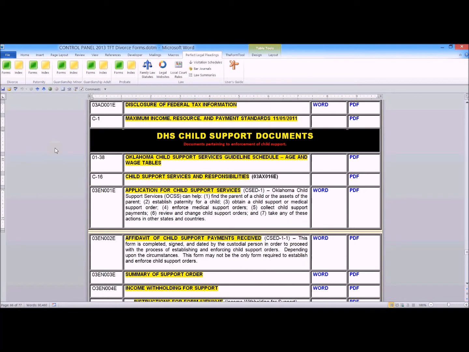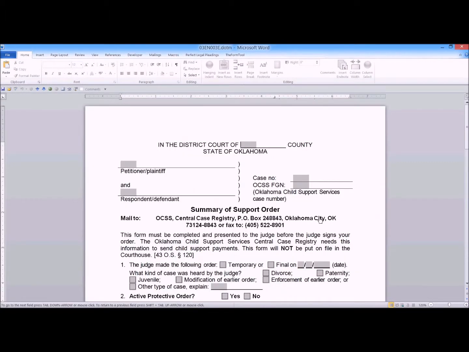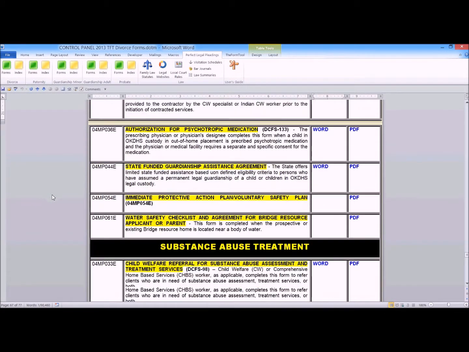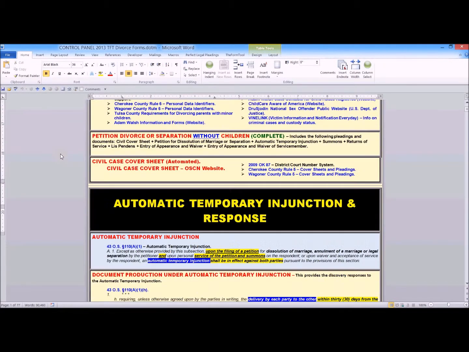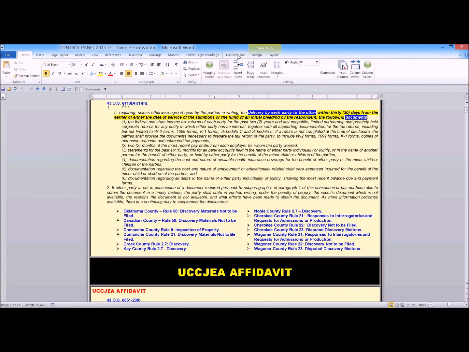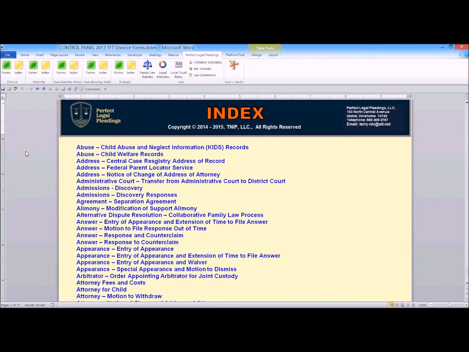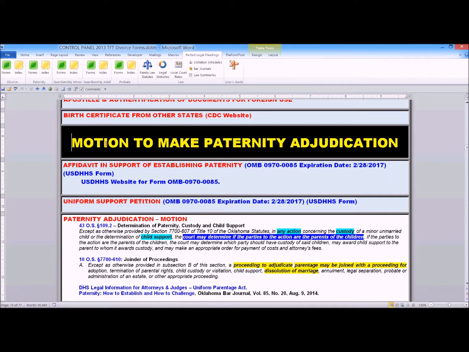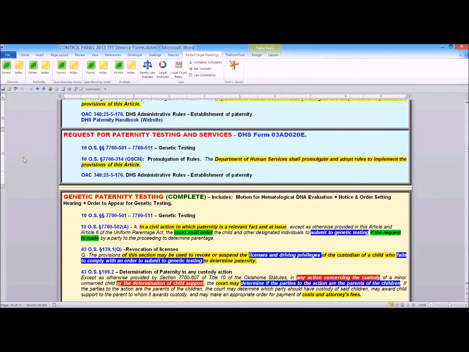For example, we'll go to a summary support order, which is required. We click on it in Word format, and there's your DHS form ready to be prepared. And this has numerous forms of the Department of Human Services available. You'll also notice as we scroll down through here, for example, paternity. Let's go to the index, look for paternity. Here we have motion for paternity, DNA testing,